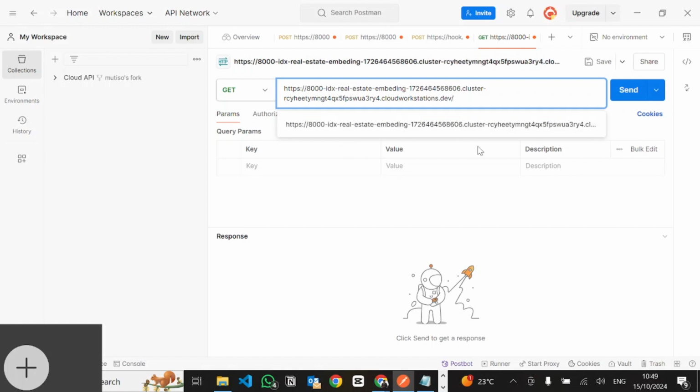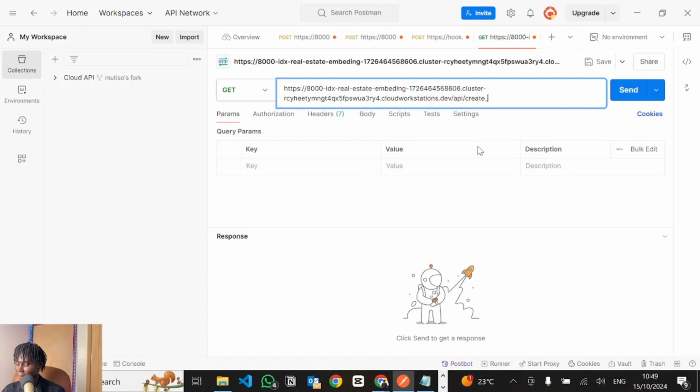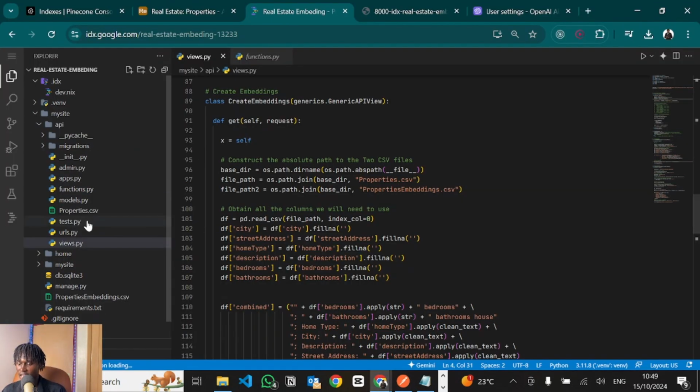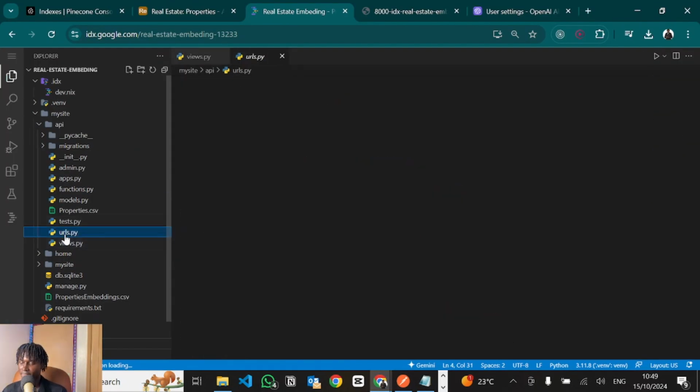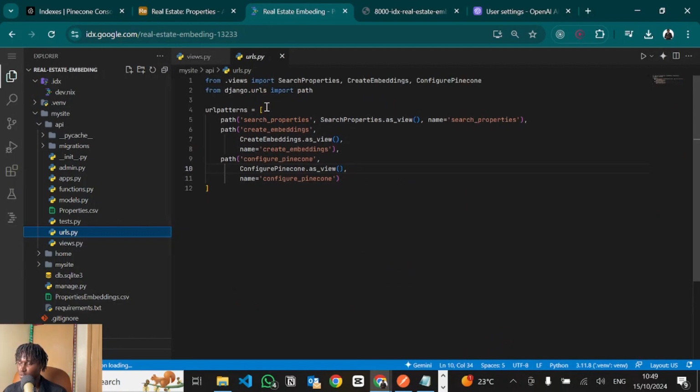Okay, then to run the API, it's within the /api/create_embeddings, and I'll show you that. Here in the urls.py file, importing the functions that we'll use. So you can see I'm importing all the API functions, search properties, create embeddings, and configure Pinecone. Then I'm setting up the paths to each of those APIs. So you can see for create embeddings, I set it up there. So within the API,